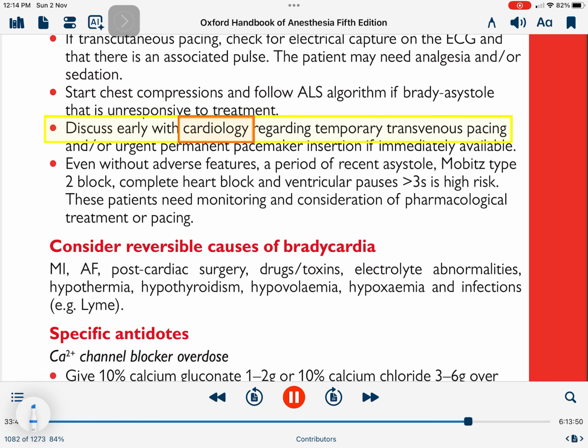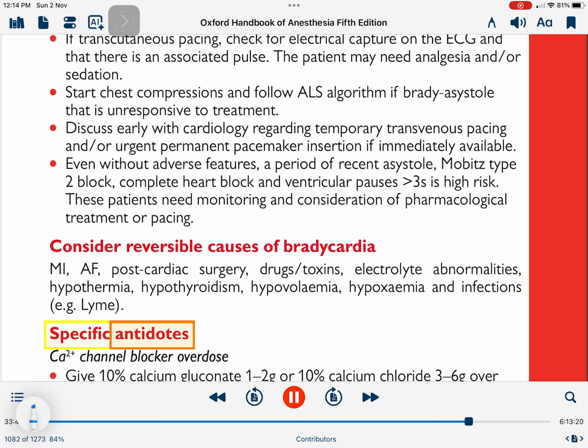Discuss early with cardiology regarding temporary transvenous pacing and/or urgent permanent pacemaker insertion if immediately available, even without adverse features. A period of recent asystole, Mobitz type 2 block, complete heart block and ventricular pauses is high risk. These patients need monitoring and consideration of pharmacological treatment or pacing. Consider reversible causes of bradycardia: MI, AF, post-cardiac surgery, drugs, toxins, electrolyte abnormalities, hypothermia, hypothyroidism, hypovolemia, hypoxemia and infections, e.g.,